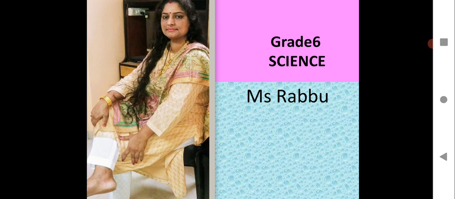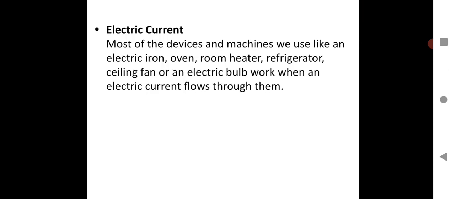So let us see what we are going to have. We are going to continue with the chapter Electric Current and Its Effects, and in this session we are going to learn electric current. We have seen so many other concepts in the previous session. We have seen conductors and insulators, we have seen the electric circuit, we have seen the switch, and the purpose of using a switch in an electric circuit. So in this session we are first going to begin with electric current.